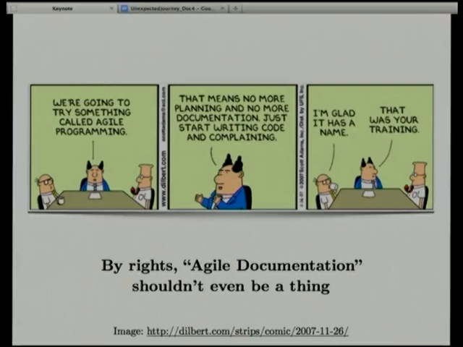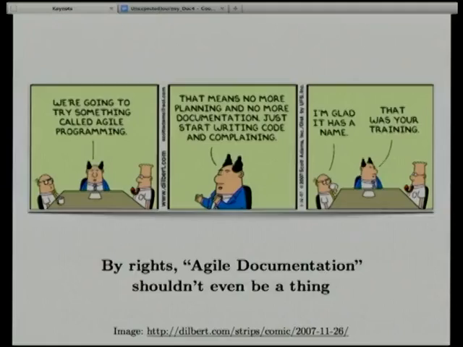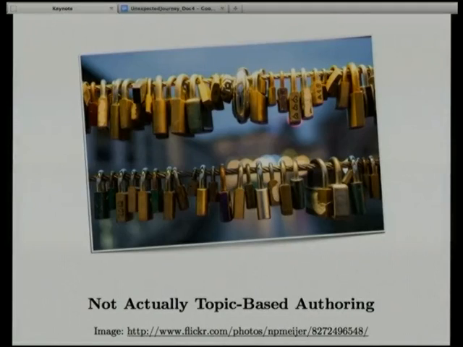So here I'm talking about Agile documentation as opposed to Agile development. And it was really, really hard for me to start getting into Agile documentation. Quite simply, Agile documentation should not even be a thing. It shouldn't work this way. Books are very linear, and it was really very difficult for me to get away from this linear thing and to break this paradigm. And around about the same time I was trying to work out this stuff, I have to tell you a story about the very first Agile project I tried to document.